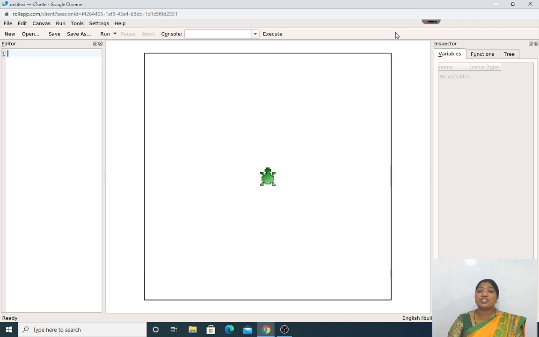In the last chapter, we studied the introduction to KTurtle, which includes the forward command, backward command, turn right command, turn left command, then saving the document and printing the document.